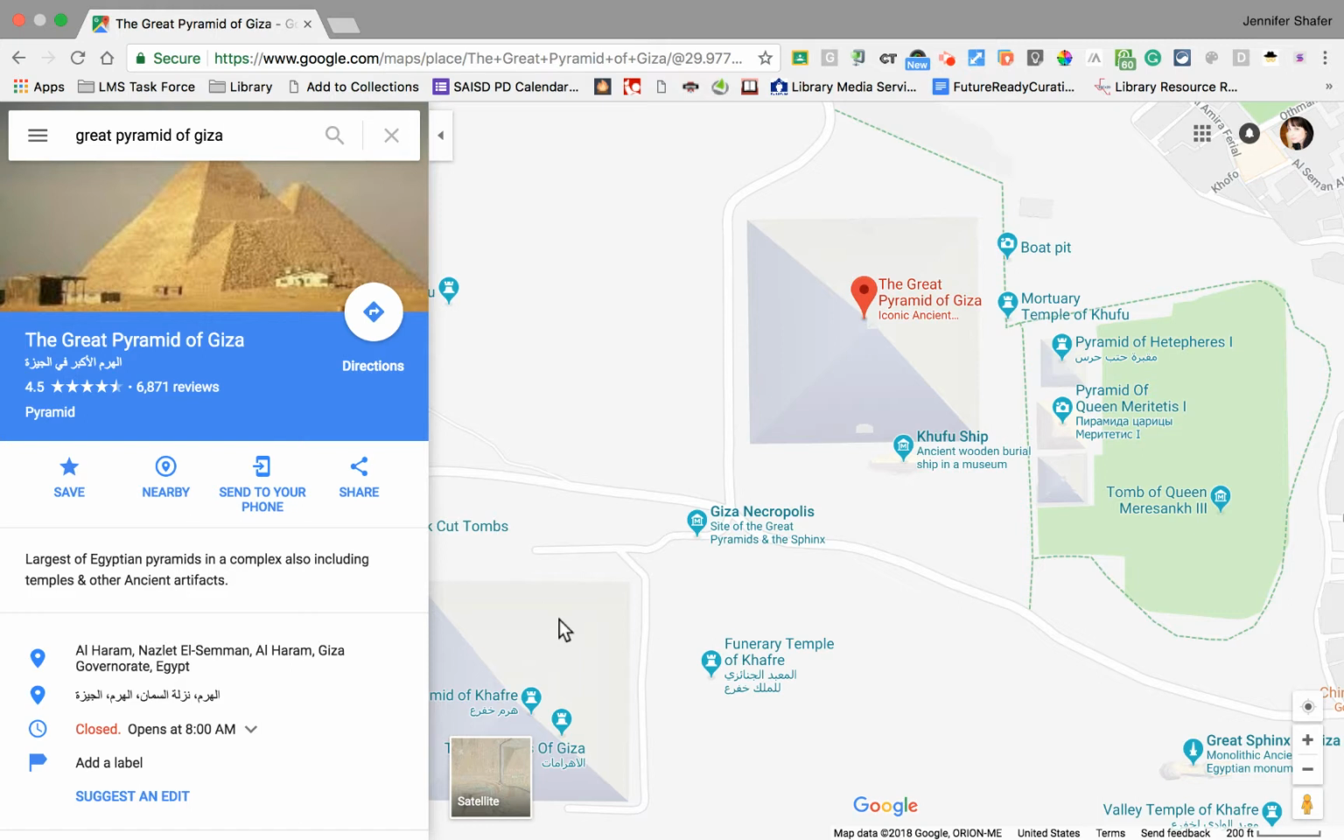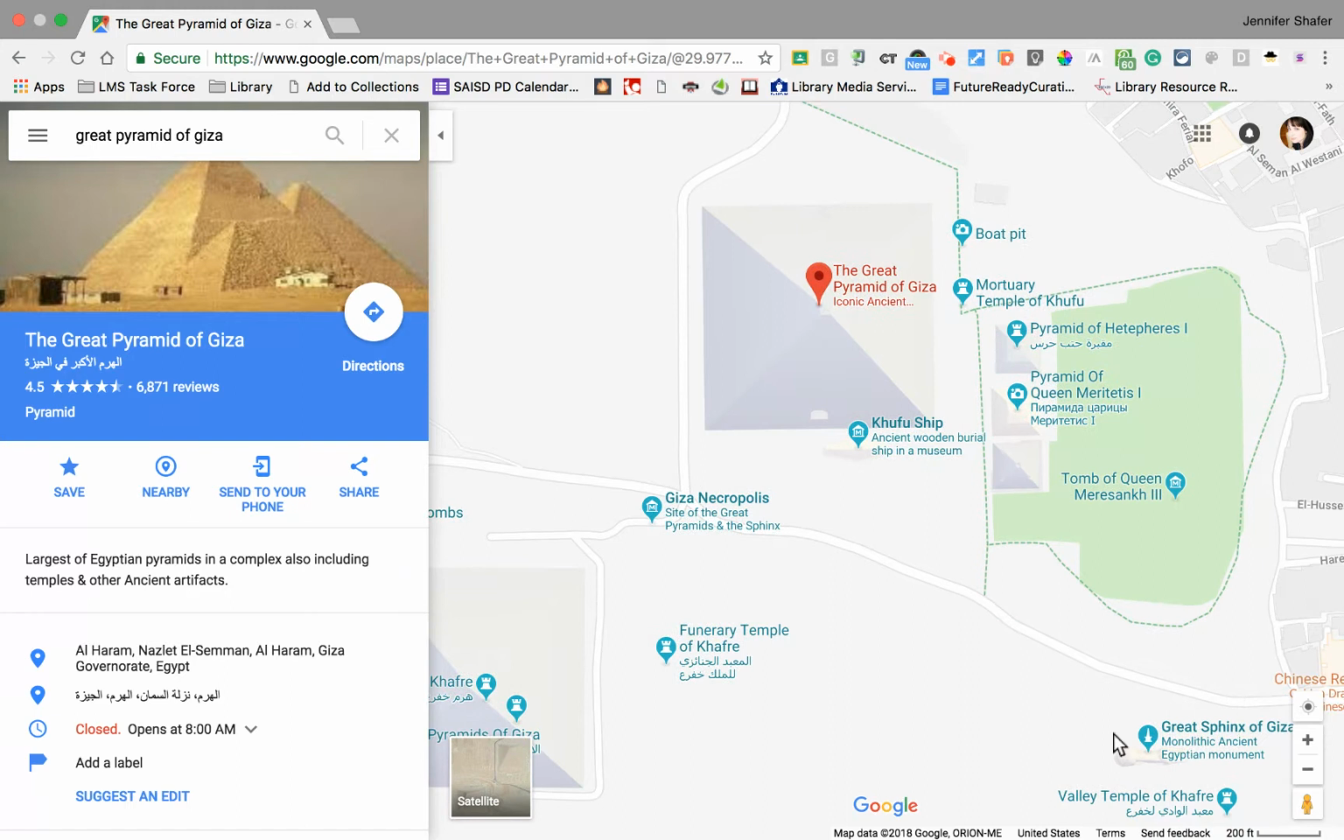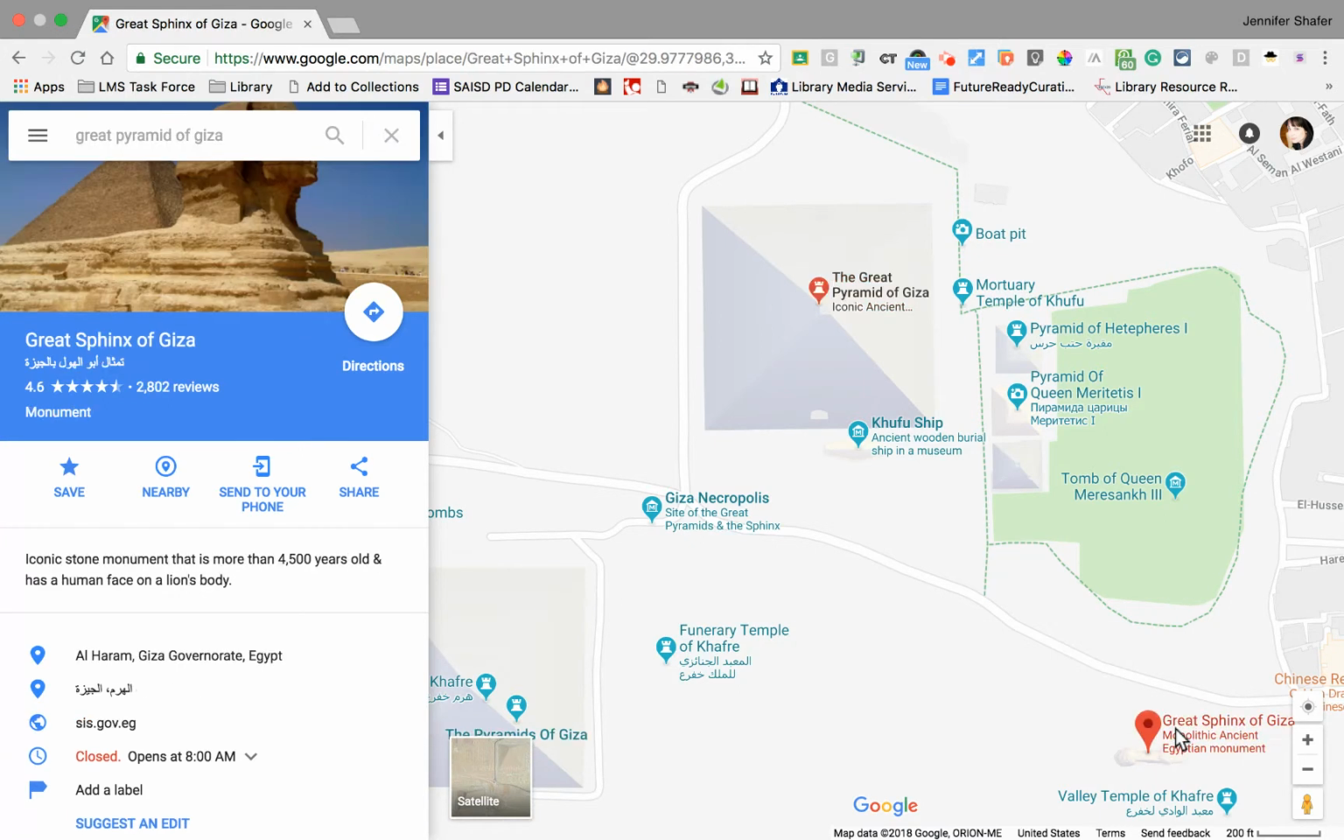Down below, I see another pyramid. There's a few pyramids out to the side. And if I come down to the bottom, I can also see where the Sphinx is sitting in location to these other things. Now, as I hover over, I can see a little bit more information. So if I wanted to learn more about the Great Sphinx, I could click its name. And notice the panel on the left-hand side has changed